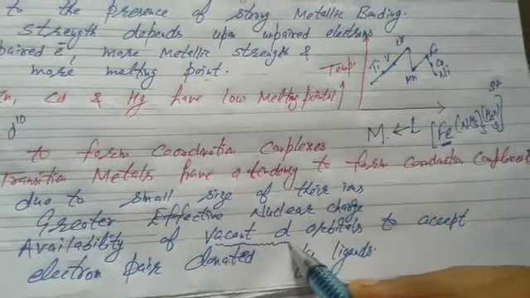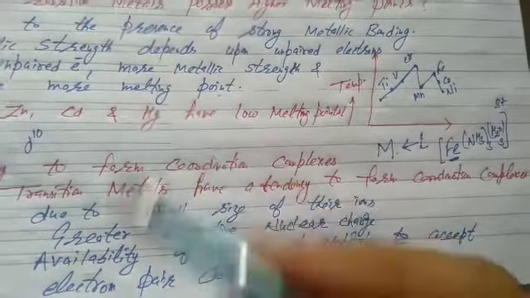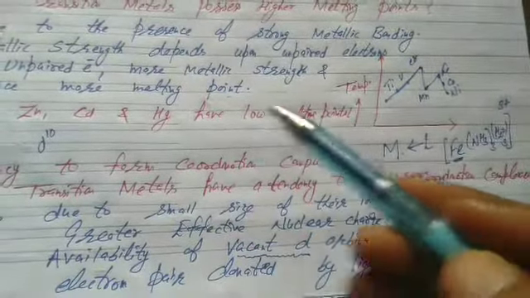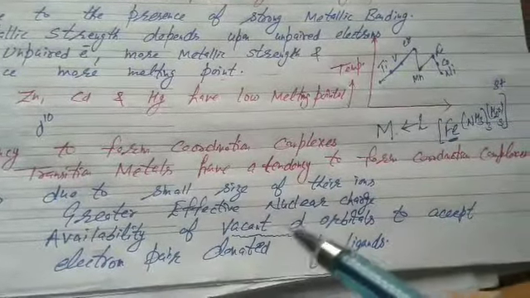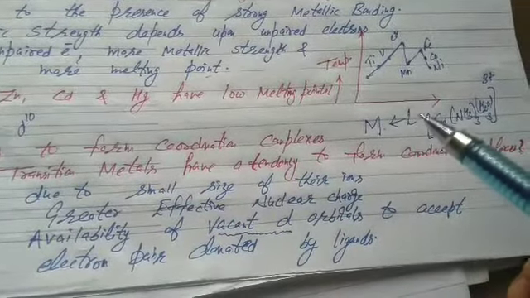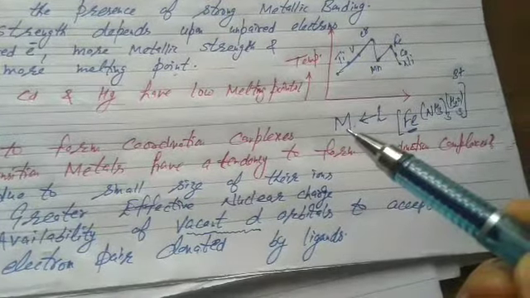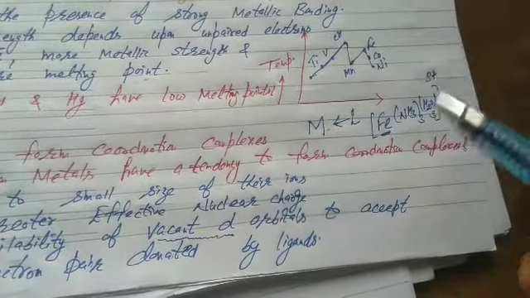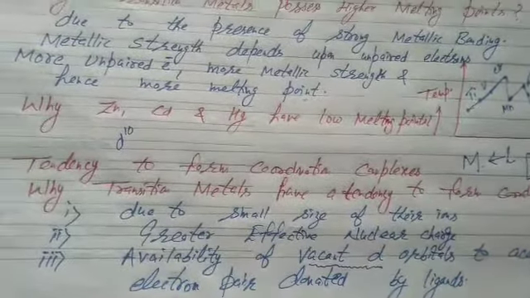Otherwise, in transition metals, either we use partially filled or fully filled. Why zinc, cadmium and mercury, they are not transition metal, fully filled d subshell. What are transition metals? Partially filled d subshell. They have low melting point, again fully filled d subshell, so weak metallic strength. But in it, we use the term vacant d orbital, because coordinate bond is formed, ligand donate and metal accept. Ligand is donor and metal is acceptor. They have vacant d orbital because metal ion is in positive oxidation state, that is electrons are moved from d subshell. That's the 3 points: small size of their ions, greater effective nuclear charge and availability of vacant d orbitals.